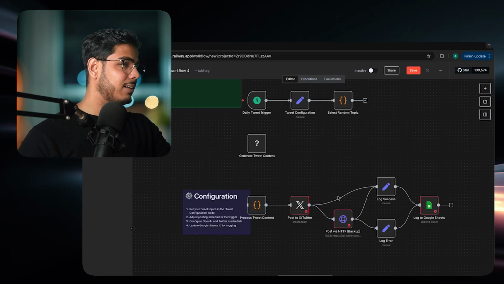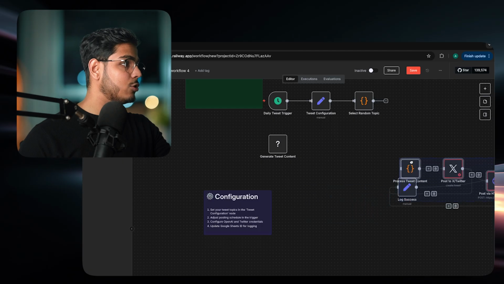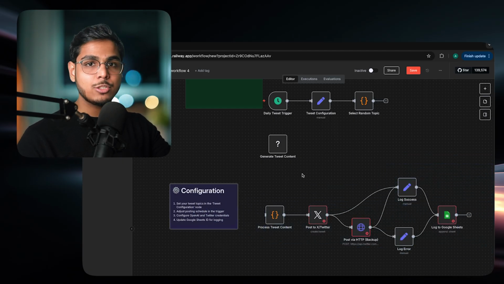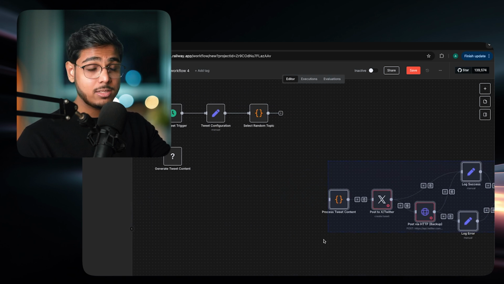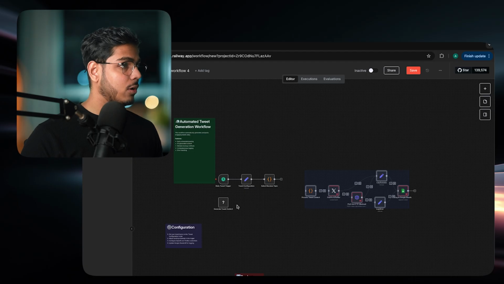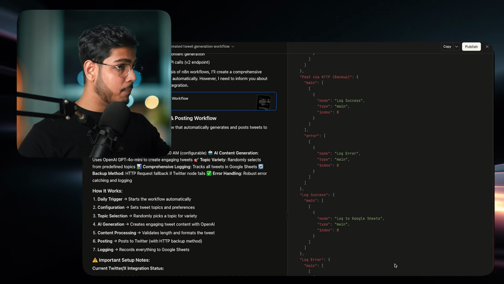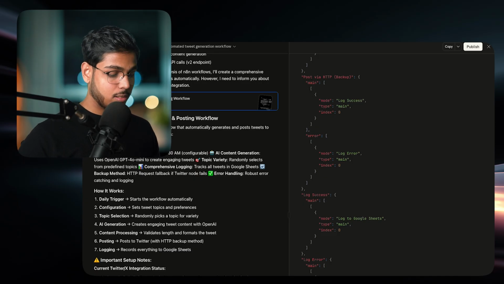Okay, so now we have somewhat cleaned it up and they are also showing us certain things here. So say, for example, you want this to actually work, but you don't know what exactly to do after this to make it fully functional. So here's exactly what we're going to do, right? We're going to take a screenshot of this workflow, go back to our Claude and paste in that screenshot and ask it,